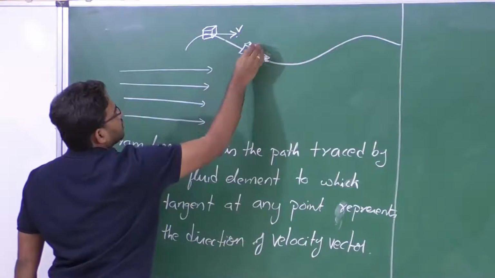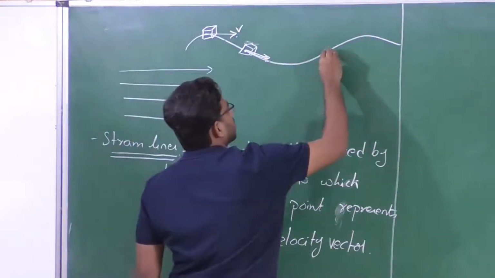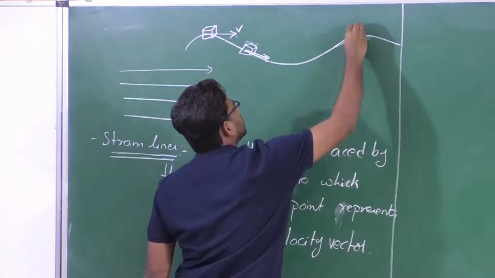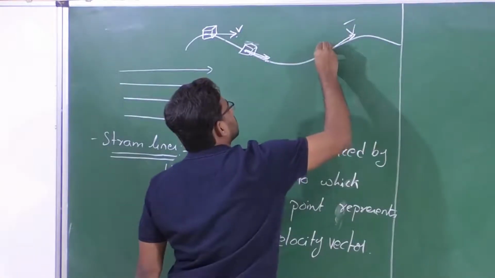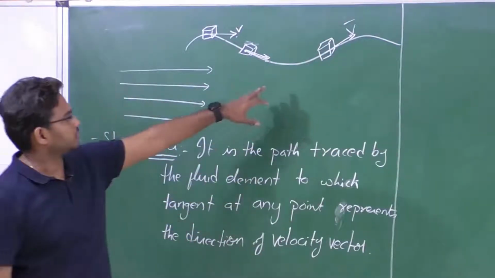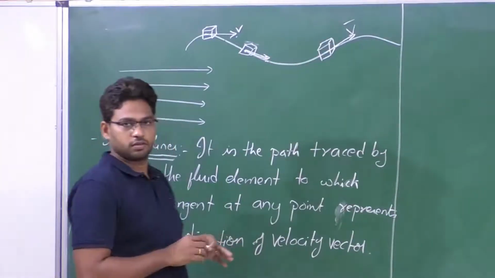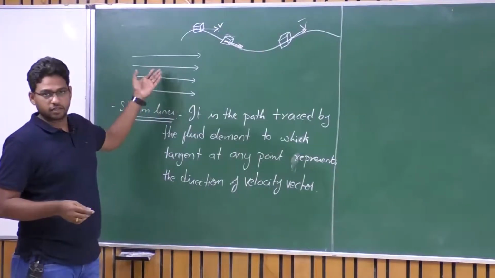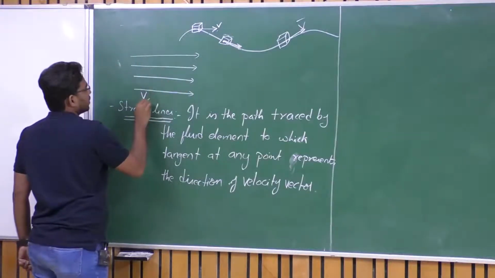That is, it is going forward and downward, right? So at this particular position, it is going up. Say this is the tangent here, so this is the direction of this velocity vector. If we consider a fluid element here, the tangent gives the corresponding direction of this fluid element. The streamline itself is the tangent, so the direction of velocity vector is along this particular line. So let it be V infinity.